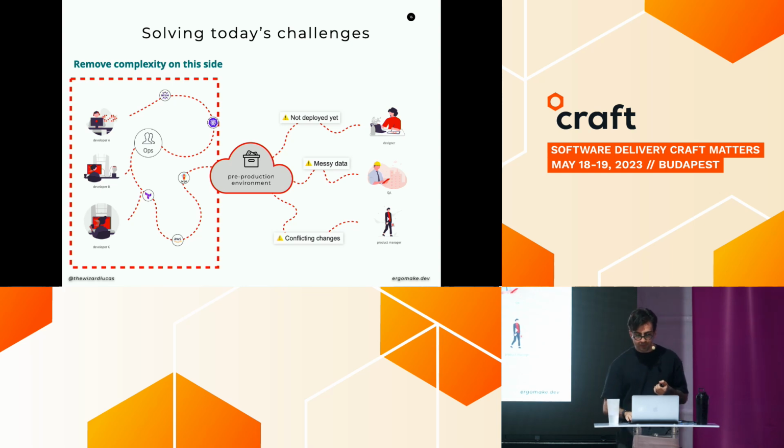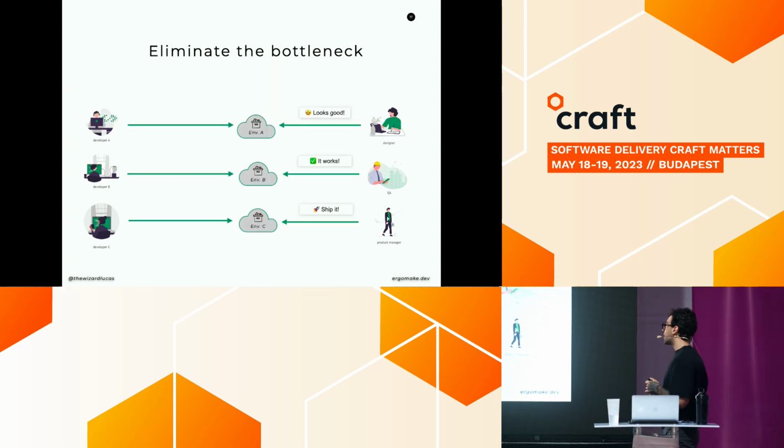Now, the first thing I'd recommend folks do is to eliminate the bottleneck. If you have a single huge environment, that's going to cause all of those problems we've talked about before. If you're able to have smaller pre-production environments that you can share with these folks, that solves lots and lots of problems. By doing this, let's say you're able to have your developers using different environments